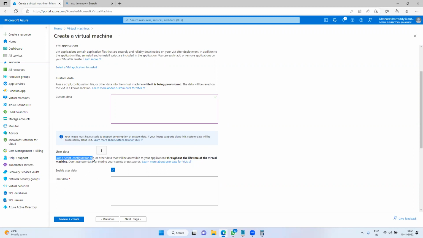What is usually passed as a custom script in real time? For example, you would like to install some monitoring tools inside of the VM while deploying the VM itself, then we will pass such kind of script.